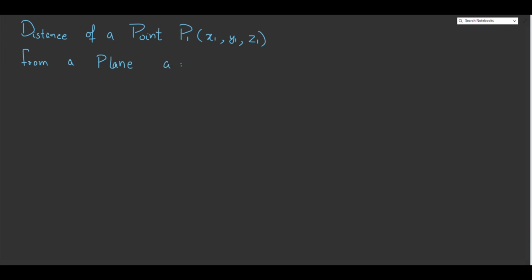and the plane is given by, let's say, this equation: ax plus by plus cz equals d. So now you can imagine this thing. Let's say this is our plane, and the point is somewhere here. The point can be anywhere. So this is the point x1, y1, and z1,